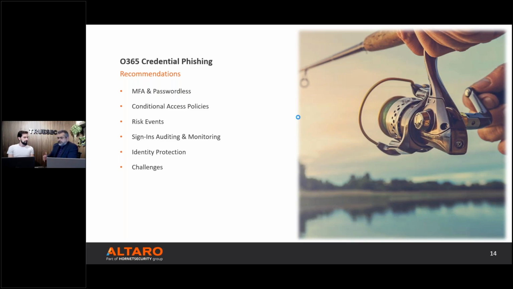Okay, they know that there will be an MFA, so they will just sit there and wait until the user accepts the MFA prompt or something like that. And then they will be targeting something else, not the credential itself, but maybe other artifacts involved in the authentication process. Right, and we're going to see an example. We're going to see some of that. So, putting all this together,